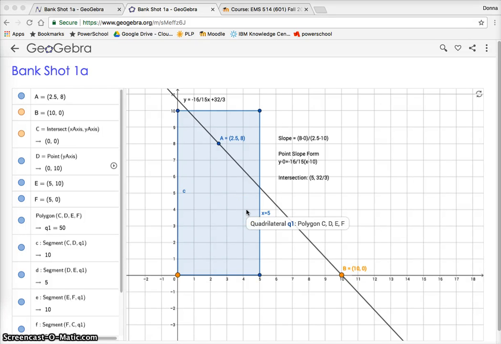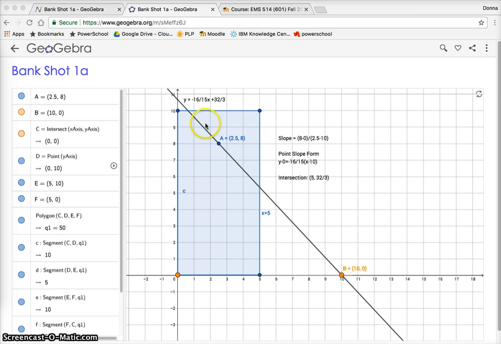Alright, so the first way I'd like to explain that I solved the problem was using a coordinate system. So when I did this method, I graphed the point where the cue ball originally was, which is at point A, and then I decided to put 0, 0 at a corner of the pool table. Then I realized that